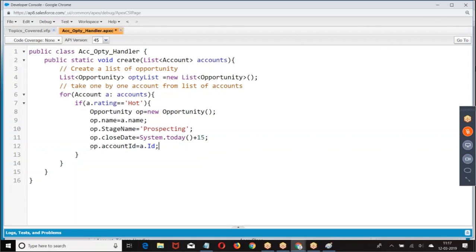Because of this statement only, I took after. I get the ID of the account only after the account is saved. That is the reason the trigger has become an after insert trigger.